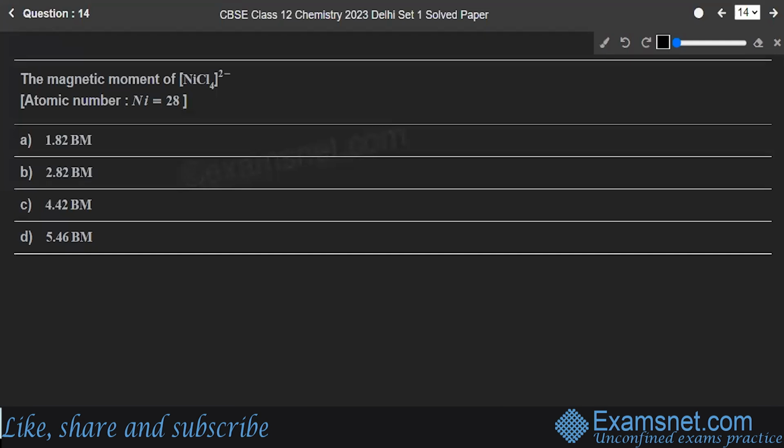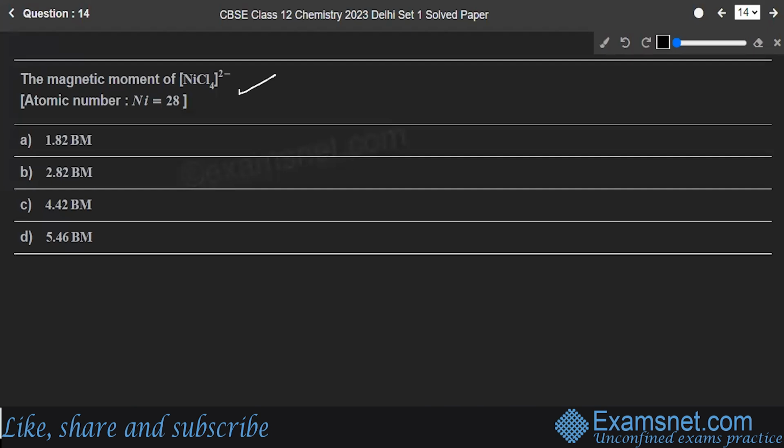Question number 14, the magnetic moment of NiCl4 2 minus, where the atomic number of nickel is 28, is which of these options? Okay, let's solve this. See, in the paramagnetic tetrahedral complex, NiCl4 2 minus, the nickel is in +2 oxidation state, and this nickel ion has the electronic configuration given by 3d8. The hybridization scheme for this will be,